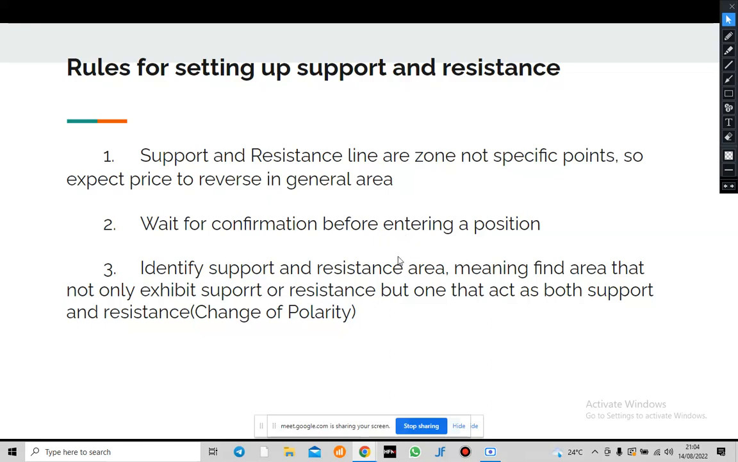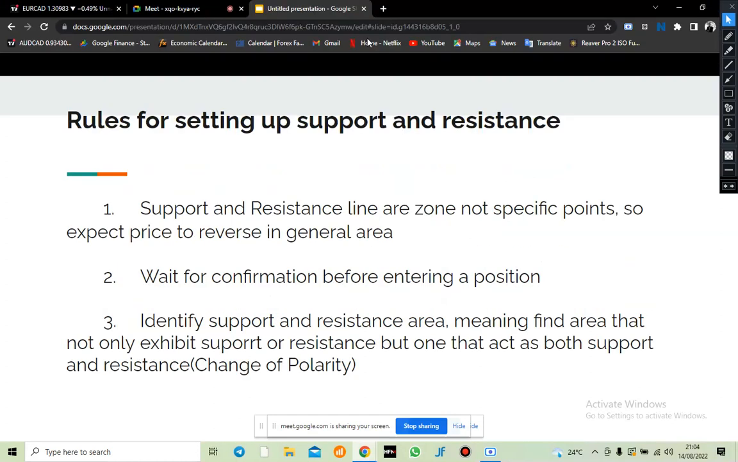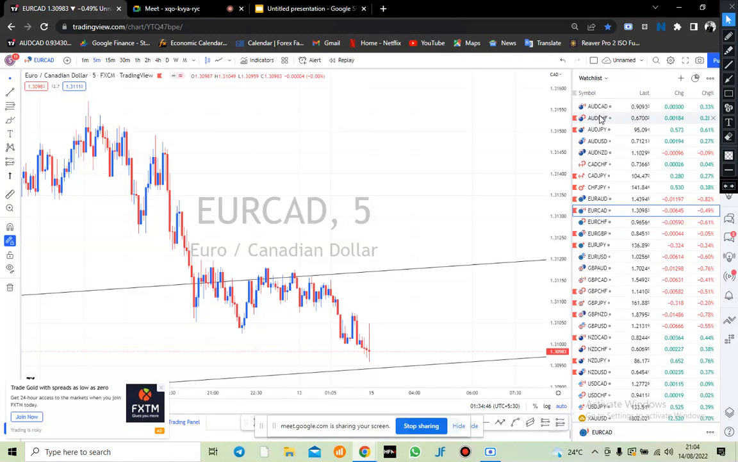Now let's go to the chart and see how you can trade support and resistance. So I'm going to start from the beginning, from AUDCHF, from